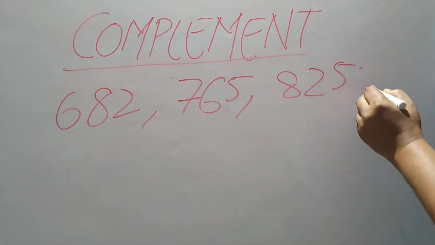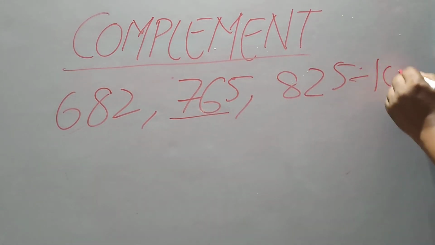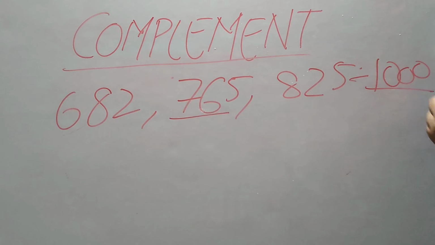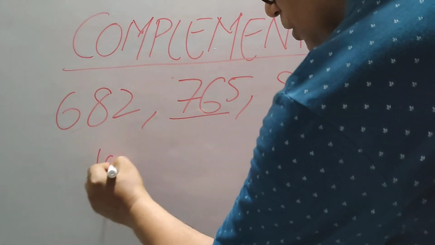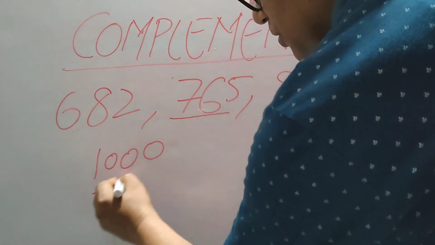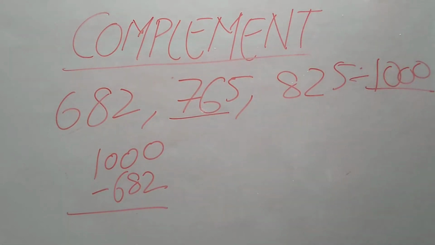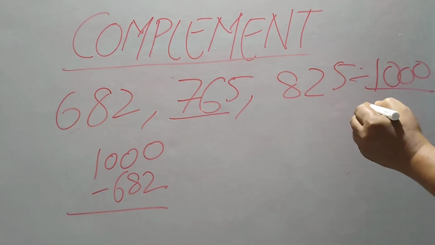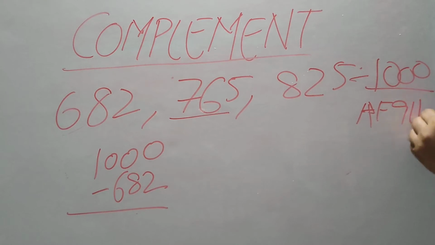So what will be the base first? Base, how many digits are there? There are 3 digits. So the base will have 3 digits. It means the base will be 1000. Now I have to subtract these numbers from 1000. 1000 minus 682. Now I have told you the concept, all from 9, last from 10. All from 9, last from 10. I will use this concept, Nikhilam Navatashcaramam Dashatah, all from 9, last from 10.